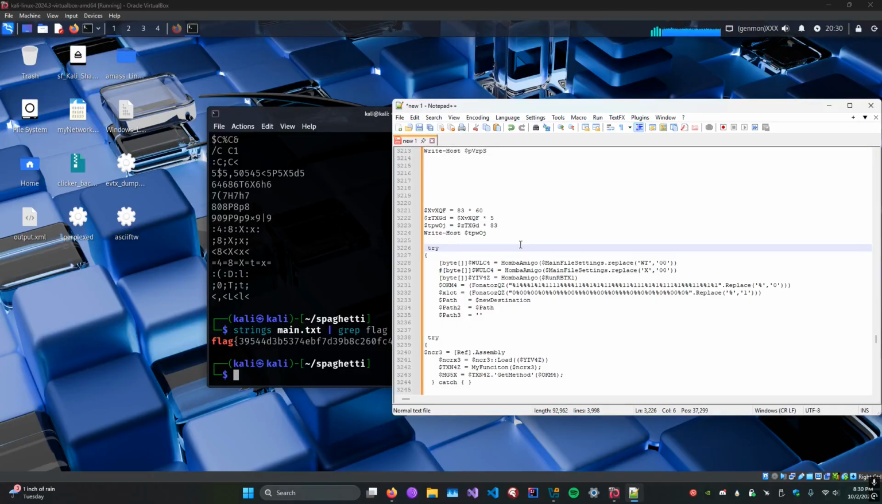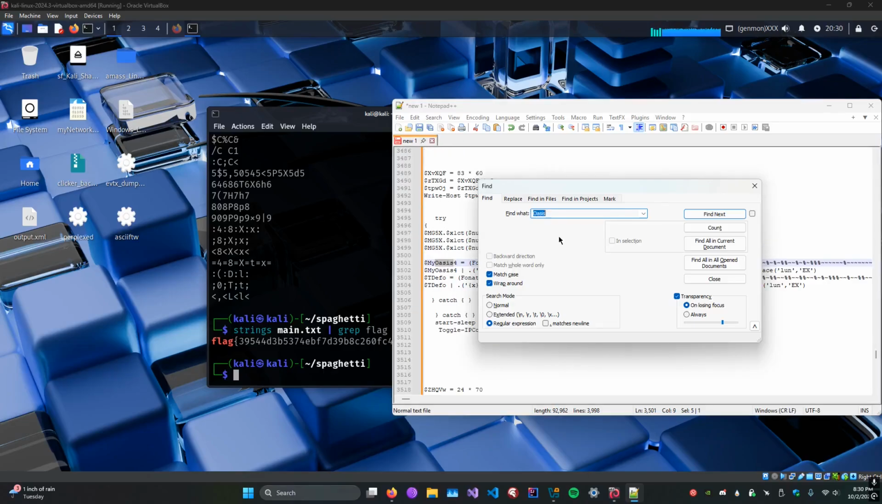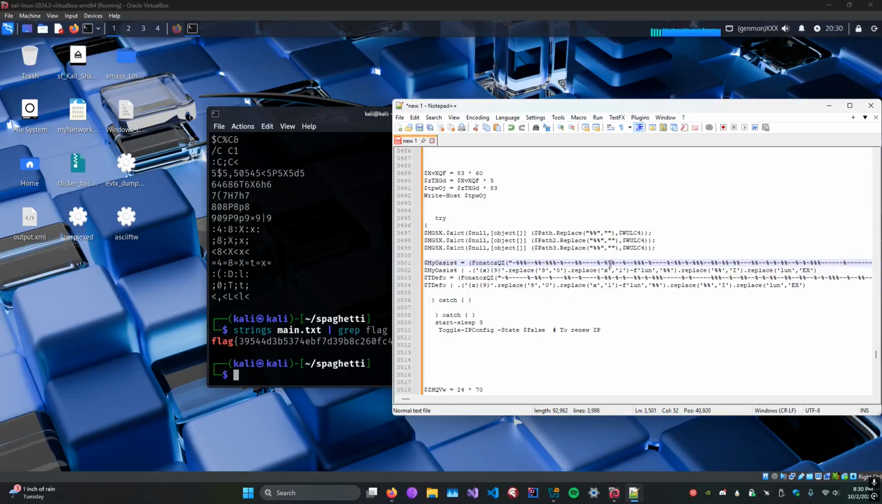So what we're gonna do is go to my. Let's just look for oasis. See if we can find it. Okay, so we found it. So here's another function, phonatos QZ. So here's a string. It's probably doing some replacement,